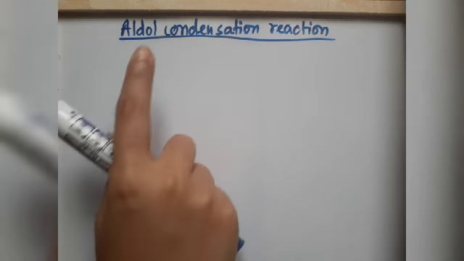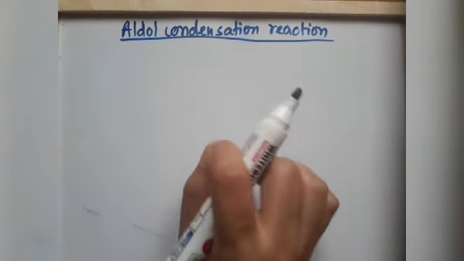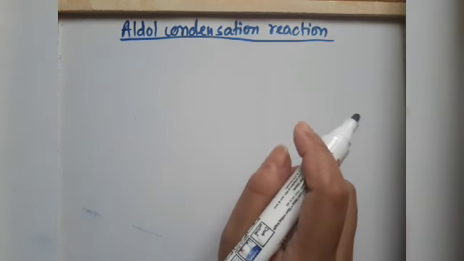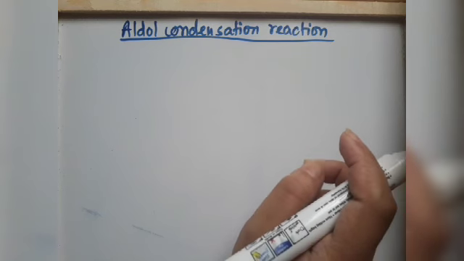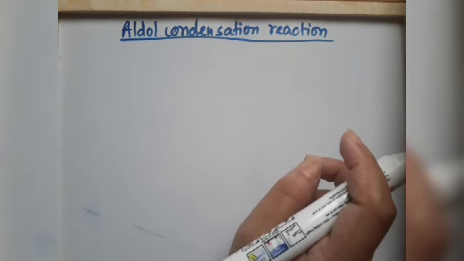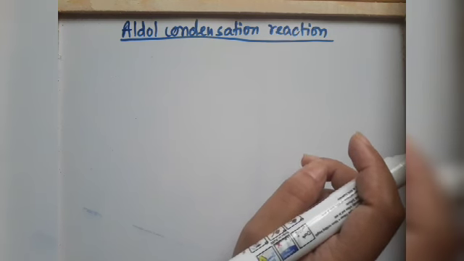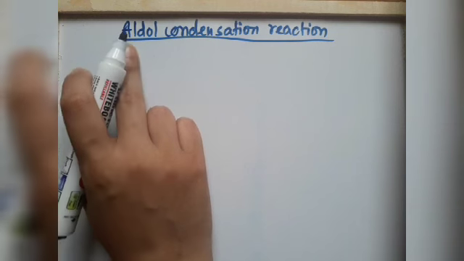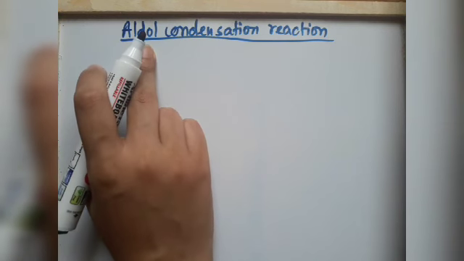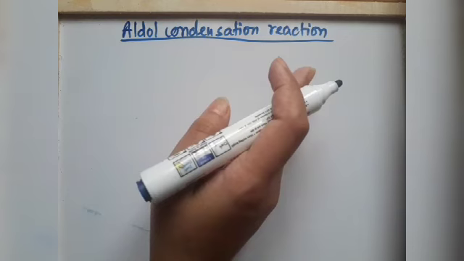So today's topic of discussion is aldol condensation reaction. So what is that? Under the influence of a dilute base, two molecules of an aldehyde containing at least one alpha hydrogen atom dimerize to form a beta hydroxy aldehyde. And since the product is both an aldehyde and an alcohol, this is given the common name aldol. But ketones which contain at least one alpha hydrogen atom also undergo this type of reaction, and the general name given is aldol condensation reaction.